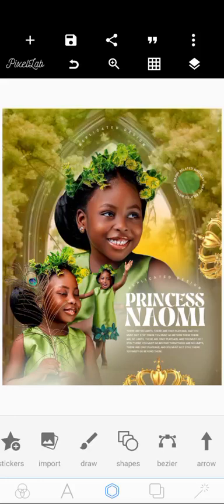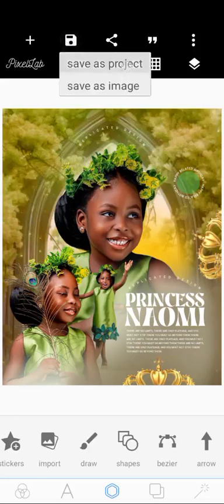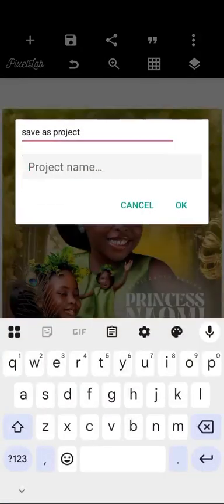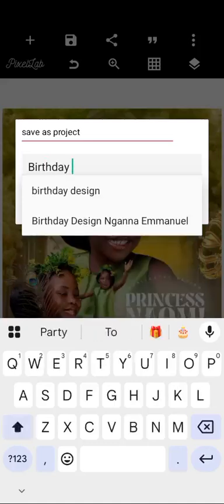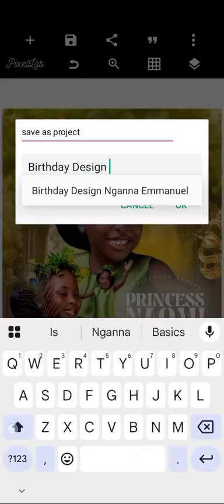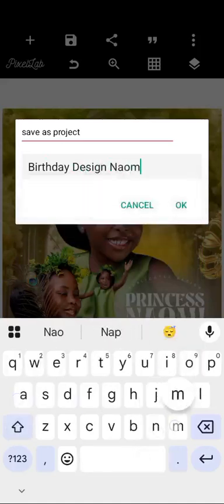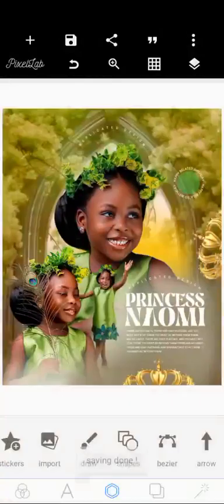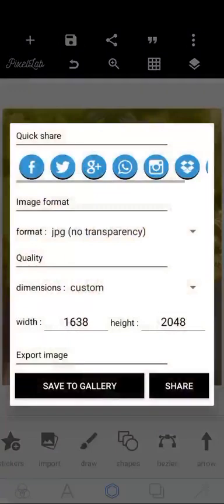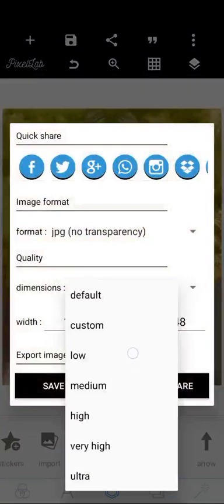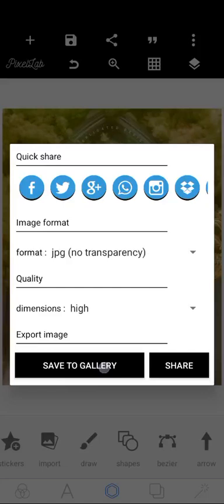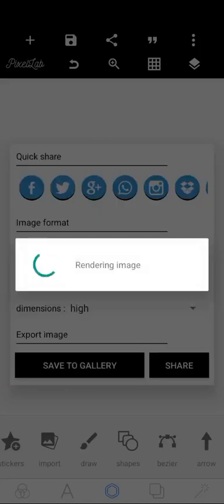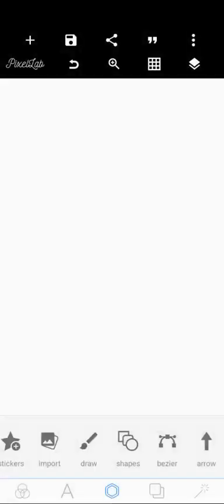So we are just going to save the design. I'm going to save as project, birthday design Naomi. So when you save as project, done. So I can now save as image. I save with high quality, save to gallery. So it's rendering the image. After this, I'll take it to